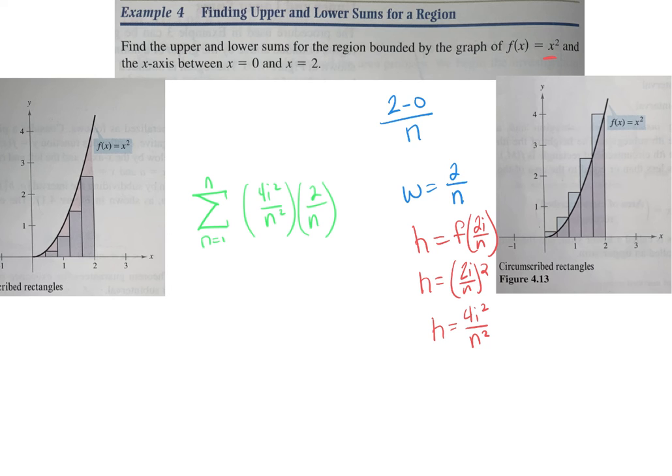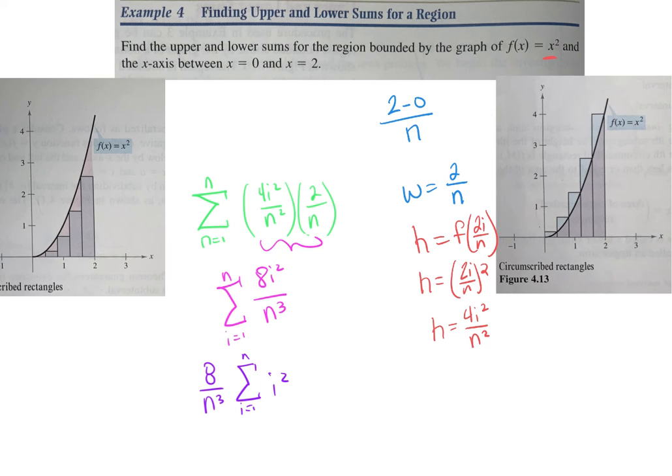Simplify this first. How does this simplify? Well, 4i squared times 2 is 8i squared. n squared times n is n cubed. Okay? n cubed is just a number. So we're going to pull that out in front along with that 8. Okay? 8 is just a number. n cubed is just a number. They just didn't tell me. Last time they said 5. This time they didn't tell me. So I'm just going to leave it. So I'm just going to pull the 8 over n cubed out here. And I need the summation then